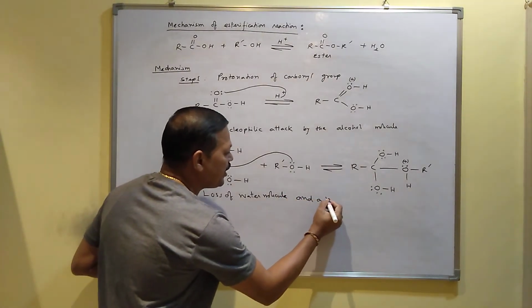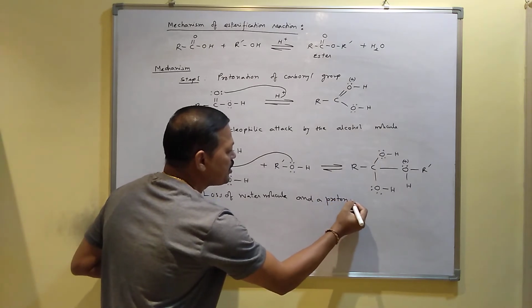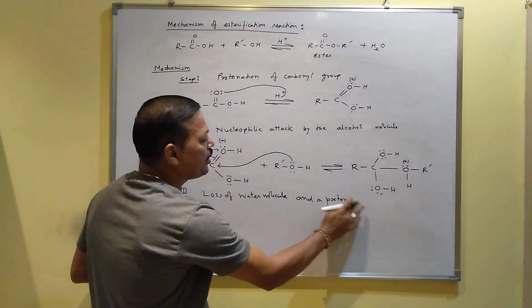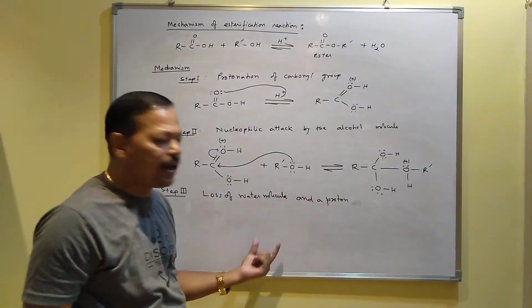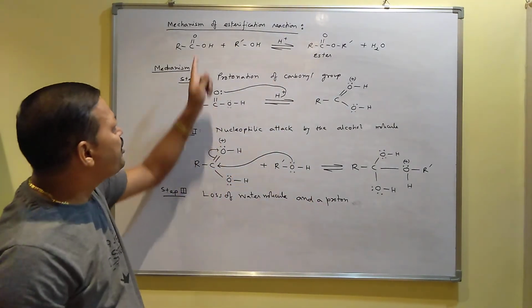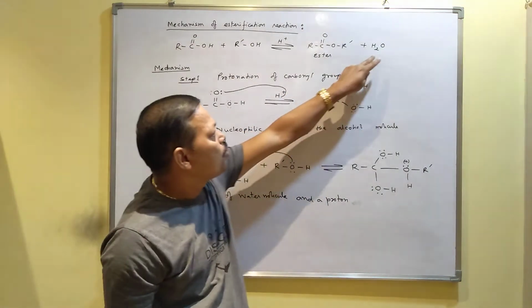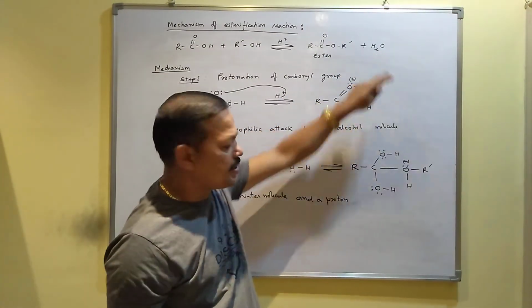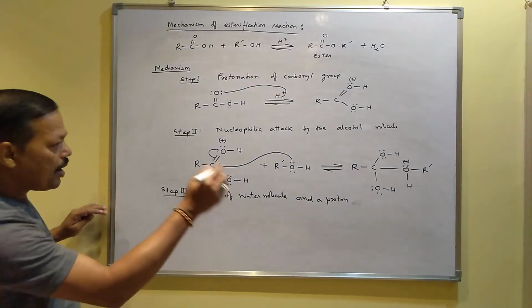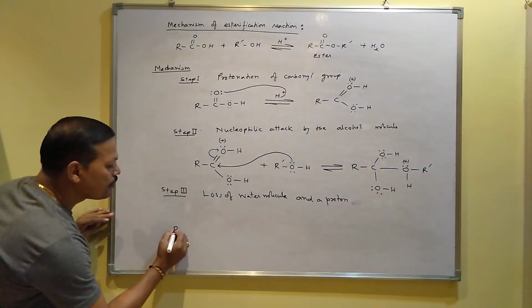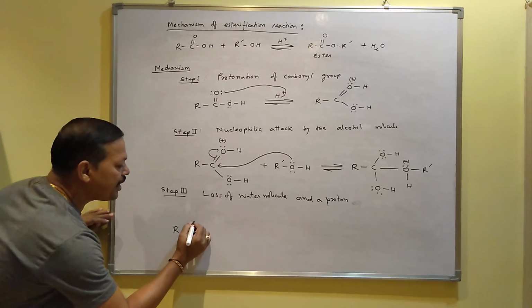See, we have taken a proton from the acid, I mean from the catalyst, and that proton you have to release here again, and in the reaction you have seen water is produced. So how that water will be produced you can see in this step. Now I will write the product obtained in the second step,